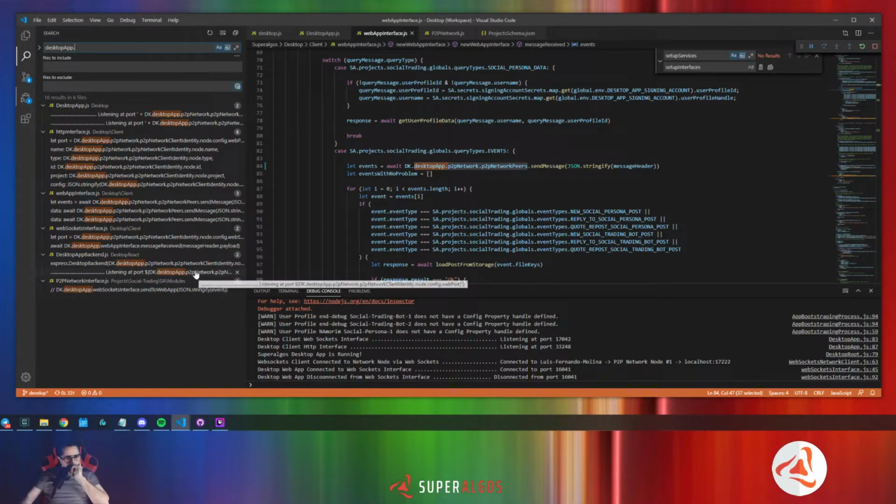Websocket, peer-to-peer network, desktop app, web app interface. Peer-to-peer network, everywhere. Okay,